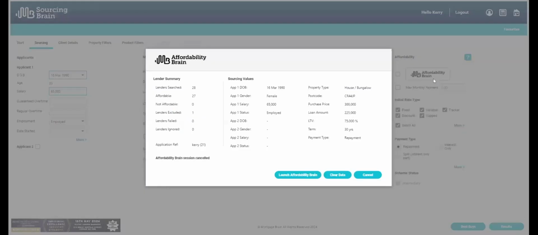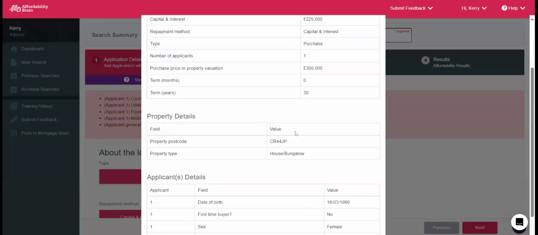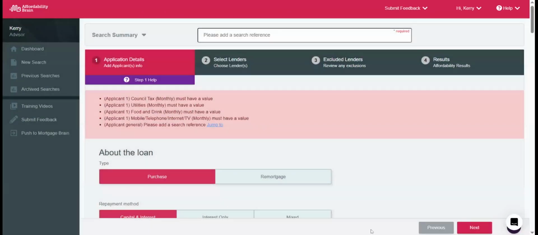So if we click into here and then press on to launch. When you've pressed launch, please give the system a moment or two because you will be met with this pop-out box. This will just pour over any of the information that we've added into sourcing, so it will save you having to rekey. So if we press continue to that,